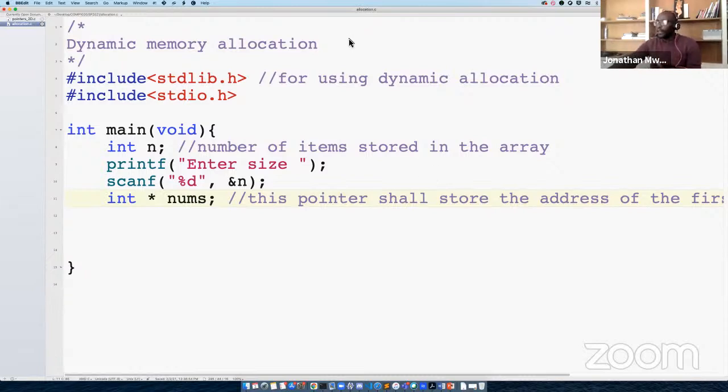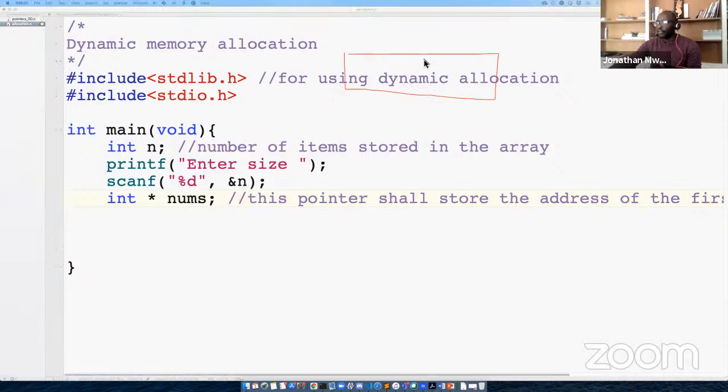So if we, let me get a pen here. If you are looking at the array as something like this, and this is the first index, second index, index 0, index 1, index 2, index 3. What we want is this pointer nums here to store this address here. Now, this also will be the address of the first item of the array. So that's what this is for.